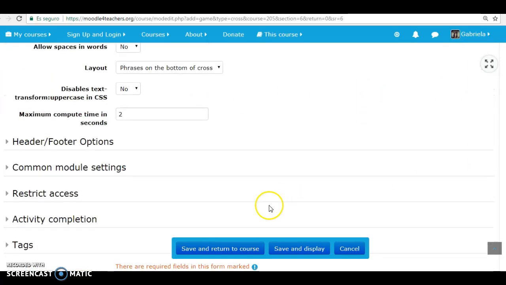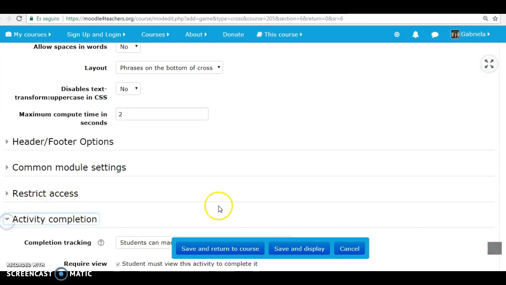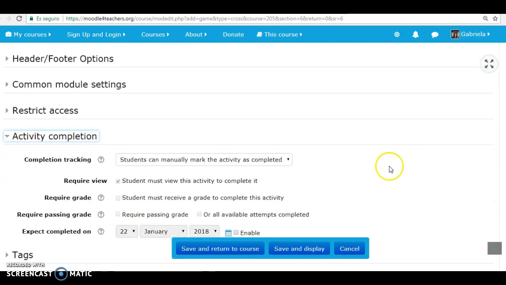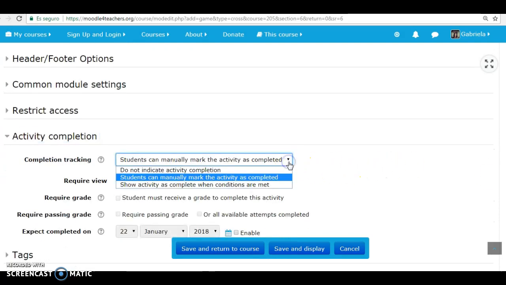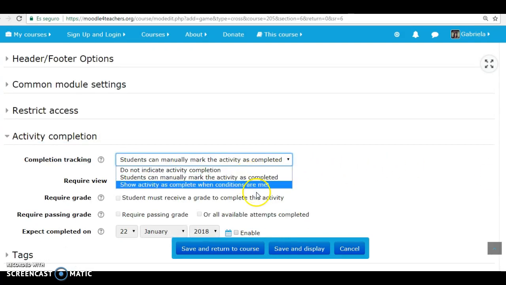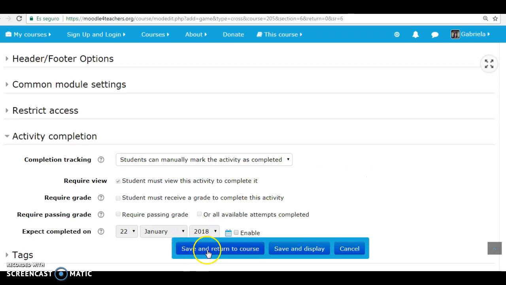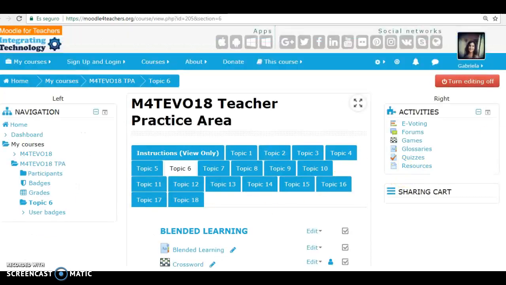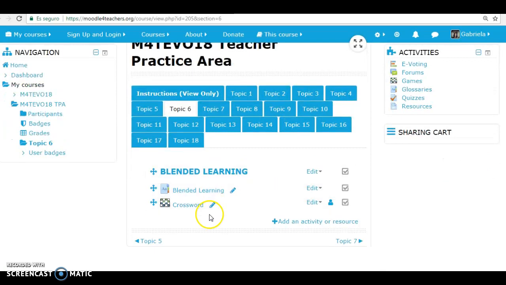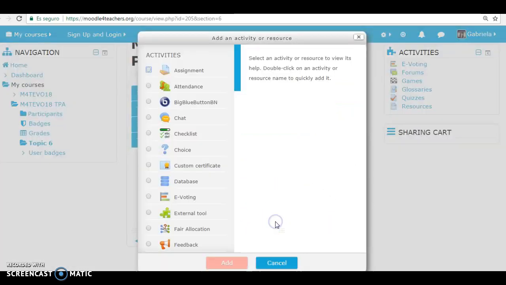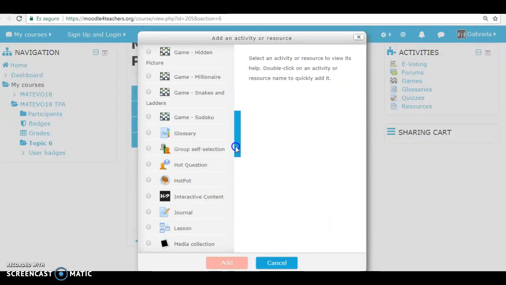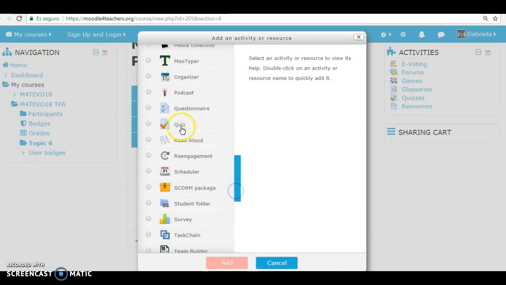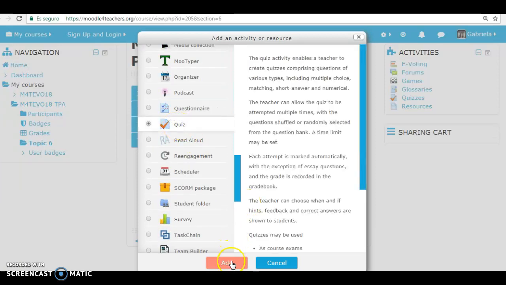What else? You can restrict, of course, the access, when the activity will be completed. Okay, by clicking on these options. Okay, and when you are ready, save and return to course. And there it is. And the other activity I would like to show you is a quiz. It's very interesting. Tick off quiz, click on add,